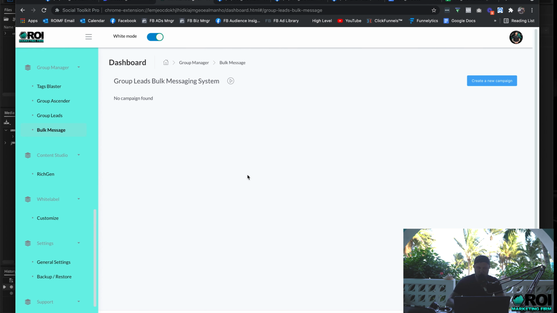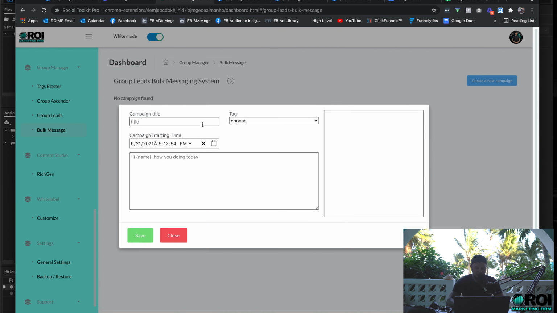All right, guys, so this is the bulk messaging section. This is super, super awesome software. It's pretty self-explanatory, but let's go ahead and hop right in. So we're going to hit create new campaign. I'm going to name this test. Obviously, you can choose whatever tag you want. You just click prospect, and it'll show you all the different people that's going to be put in this message